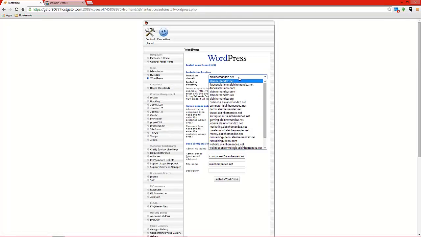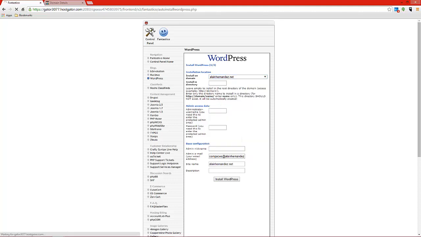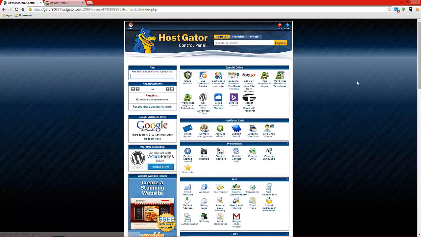Once you're in here, obviously you'll have that domain in the list. So once you do, let's go ahead and choose it, right? But now let's say that you chose that you own a domain already. You did not purchase a domain from HostGator. What you then want to do to be able to see that domain in the list, you first want to